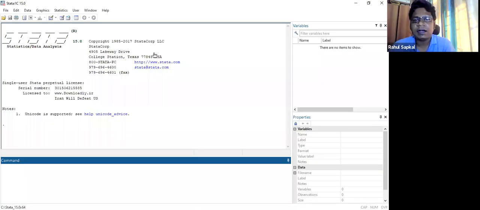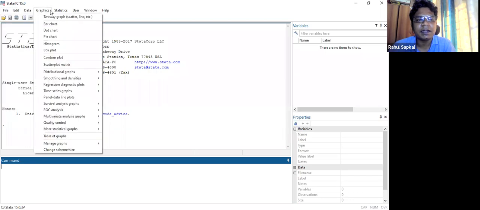Now this is the Stata we use, and this I have taken from the pirated version, the Stata.